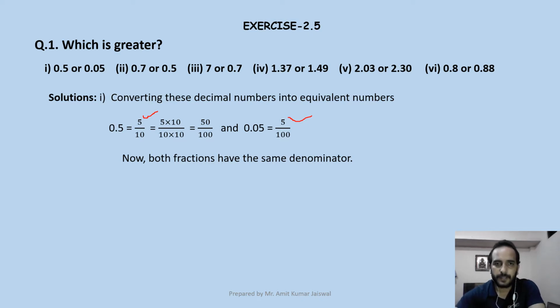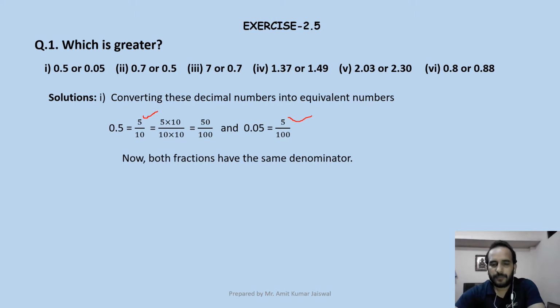But how to compare this? To compare two fractions, either we can have the same numerator or we can have the same denominator. So we have the numerator same or denominators different, or we can convert the fraction into an equivalent fraction by multiplying with any number and making the denominator same. We can compare them. So either by comparing numerators having the same denominator or comparing the two fractions having the same numerator, we can decide which one is larger and which one is a smaller value.